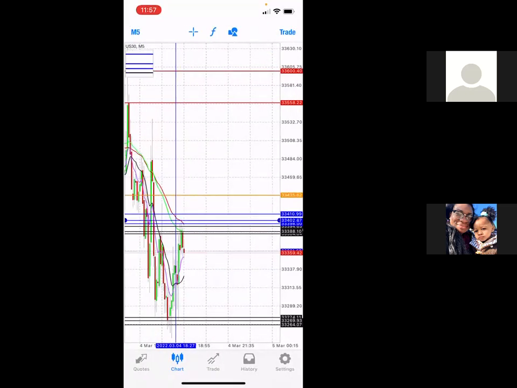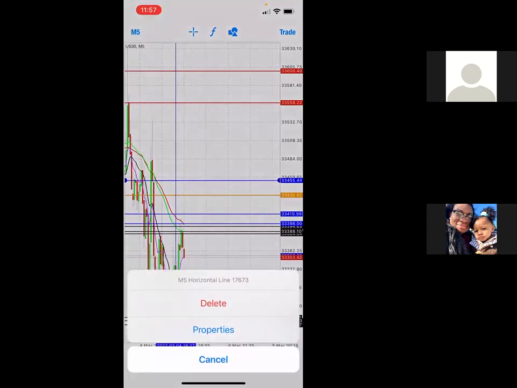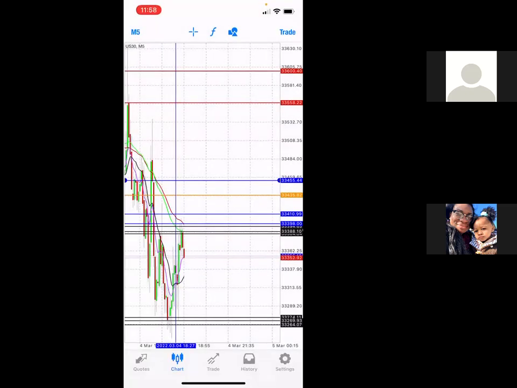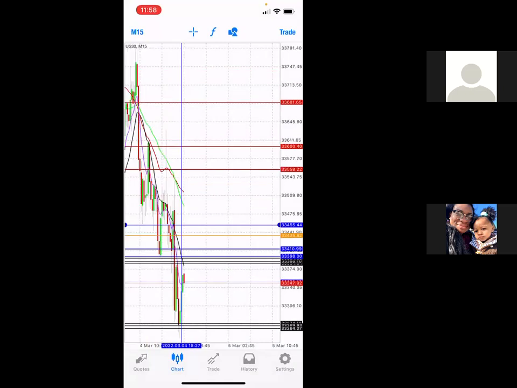Whatever I do to the top side, I have to do to the bottom side if it's available. I go to my bottom side. I'm looking for a trade level, no moving averages. There's nothing down here. I don't have to mark it up, so I'm not worried about it. The 5 minute is done. Next, you go to the 15 minute. It's the exact same process up until the 1 hour.